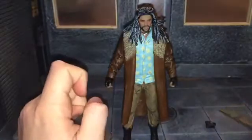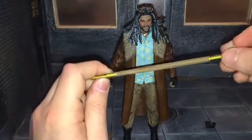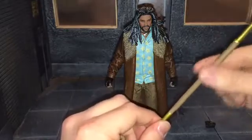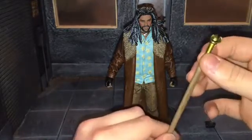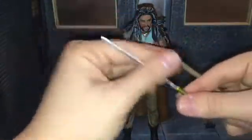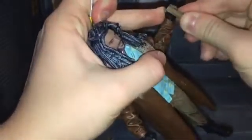Put that right there. And for his next accessory, he comes with his cane sword, which looks pretty awesome. The top is gold, and the wood grain feels like actual wood grain. It has a dry brushing of black over it. Looks pretty nice. And the blade itself looks very nice, very reflective. And I just put the cane itself in his left hand, just kind of wedges in there like that,